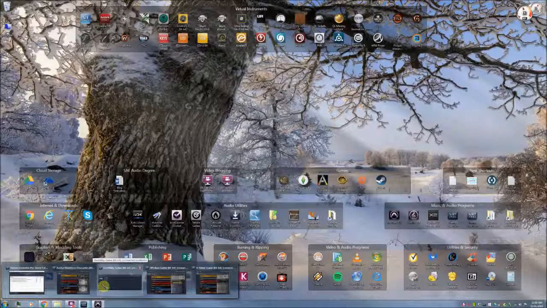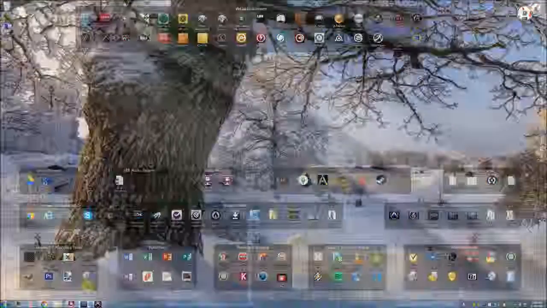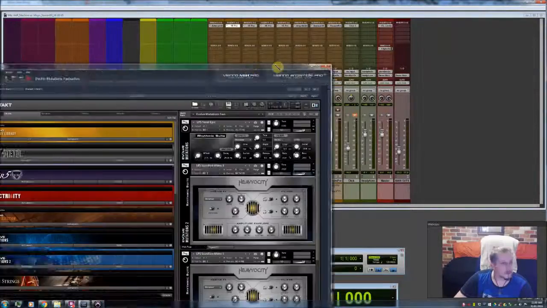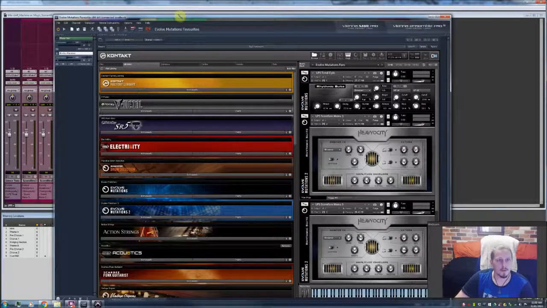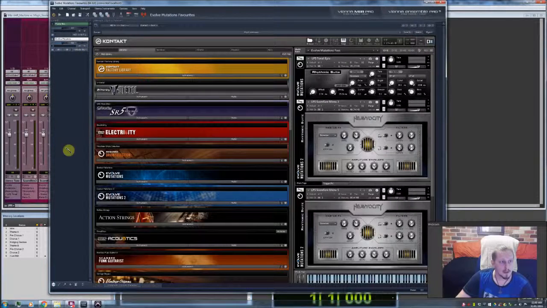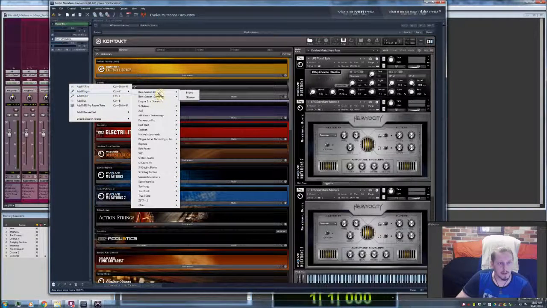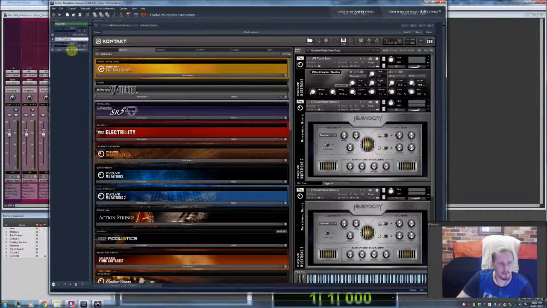And I'll just bring this up. So if I bring this over here, this is the Vienna Ensemble hosting software, and I put in and insert any of these VSTs or instruments that I have on my computer. So you add plugin, and I've got all my different instruments there, divided up by the companies that make them. But yeah, it's really cool. And then obviously you have to route different MIDI channels to each instrument, things like that.